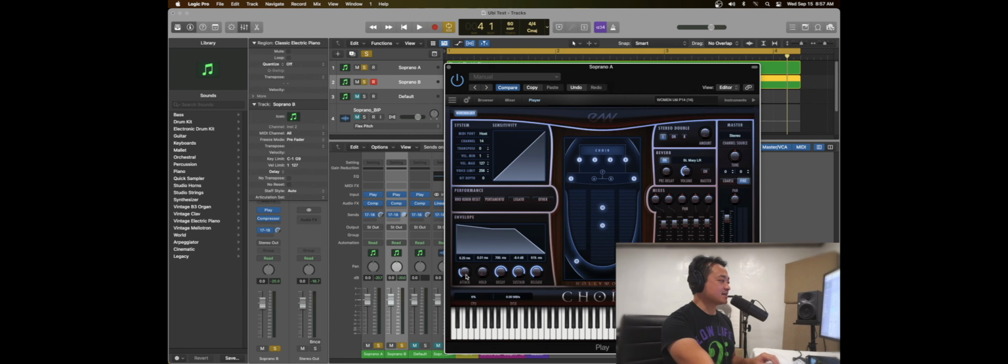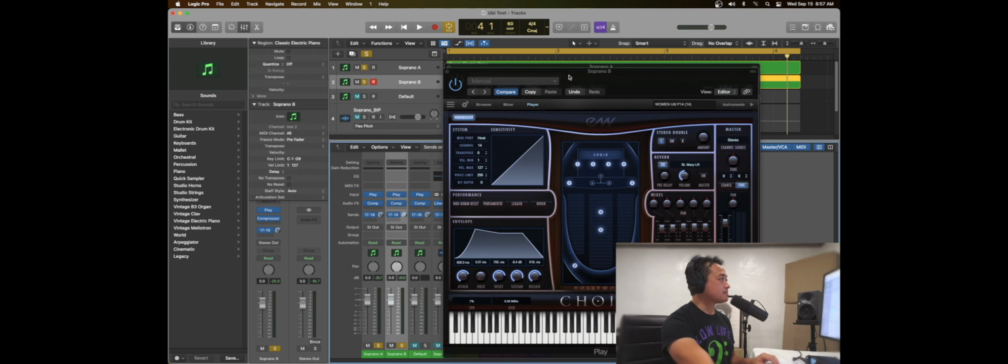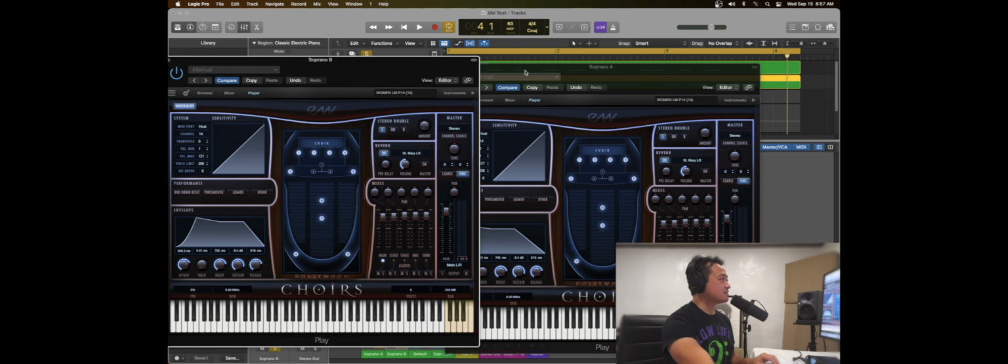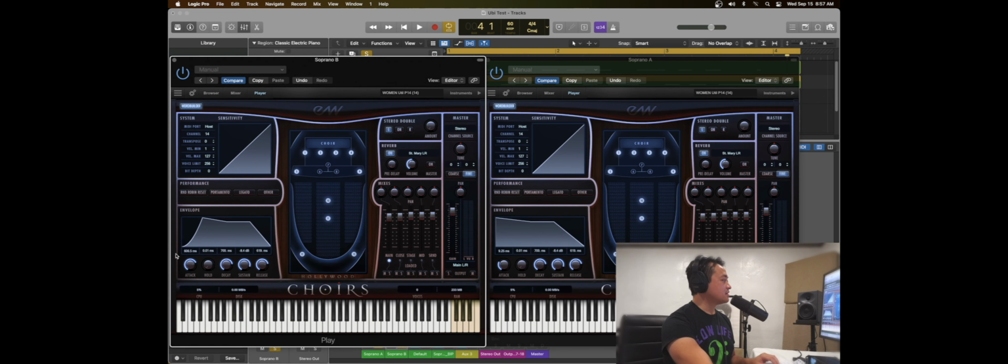So we have an attack, decay, sustain, and release. And there's also a hold parameter here, so the attack, if you want to hold that attack as well. What I'm going to do is for both soprano A and soprano B, let's set them side by side here. I'm going to change the attack to match both of them. So let's make the attack pretty long, and let's see how this changes our concept of sound, right? So you should hear less consonants, less initial sound before the actual vowel comes in. So let's see what happens.